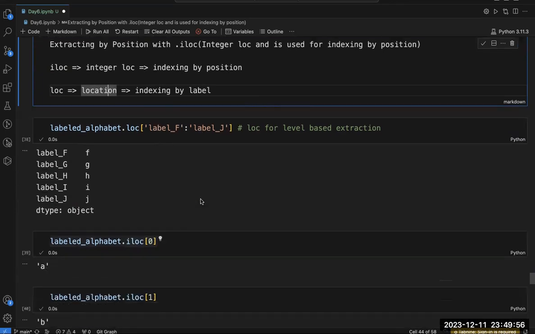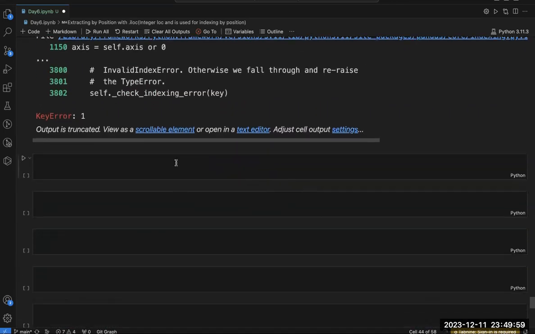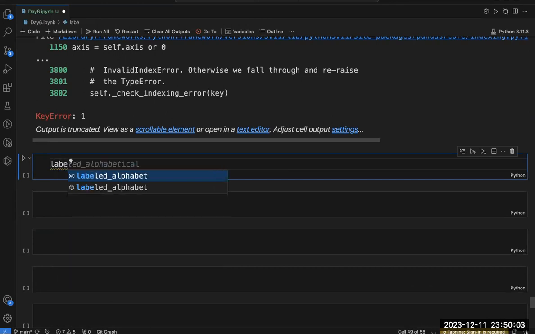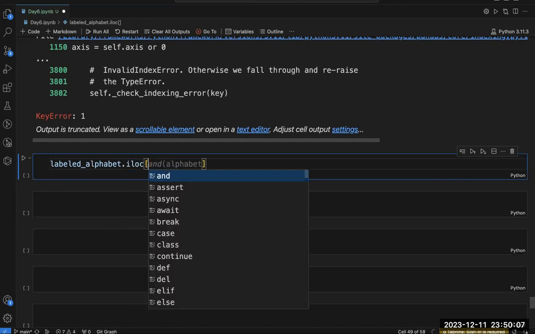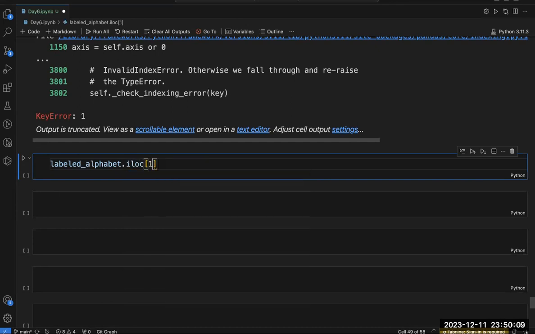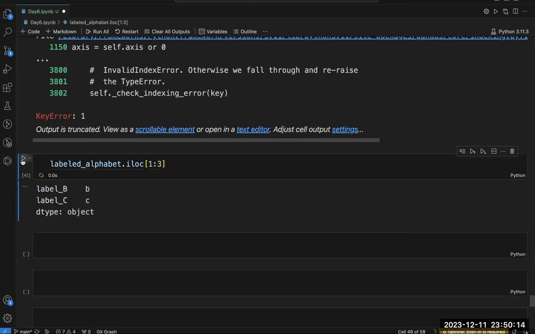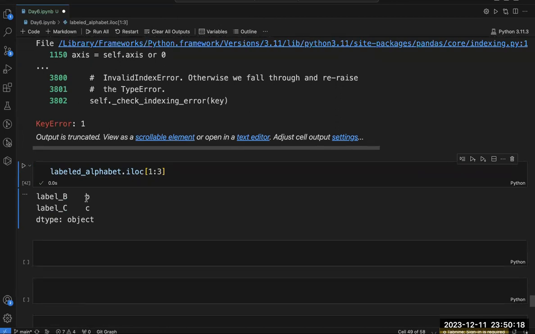By label. Fine. So let's do it again. Let's say I am writing this level underscore alpha dot iloc, and if I want to access 1 through 3, and I run this, what will I get? 1, 2. Why am I getting 1?